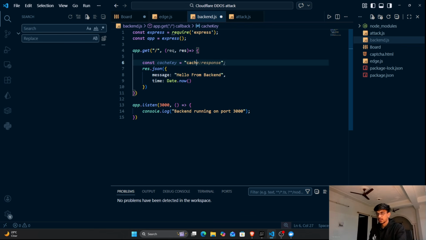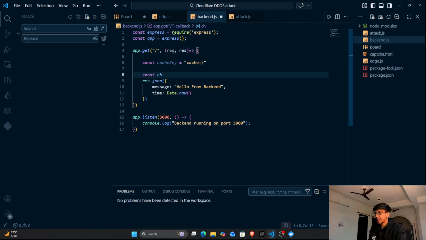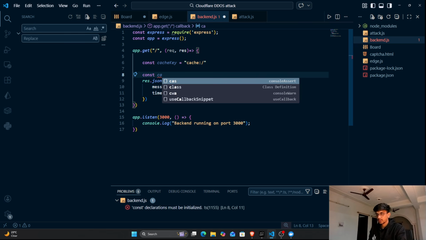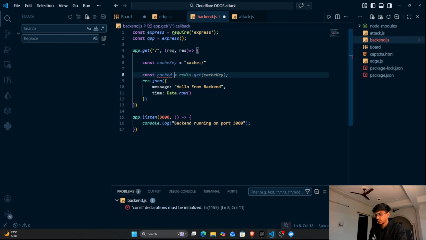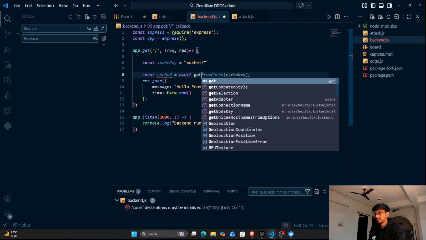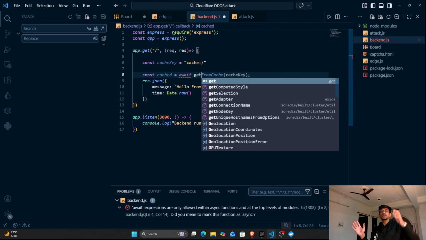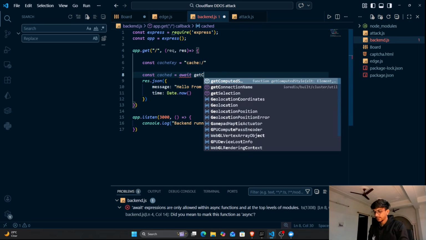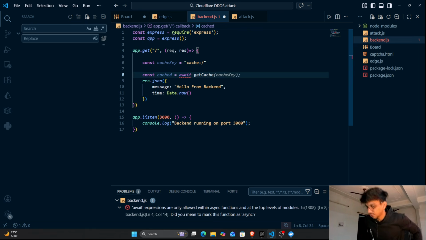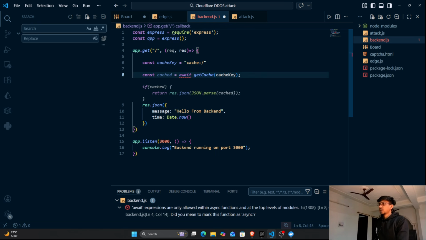In case there is no cache, I will do const cached equal to await get cache, in case we have the cache data, just cache key. If cached,